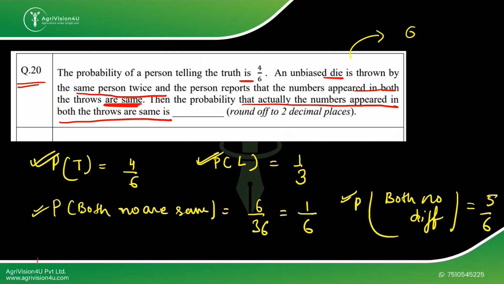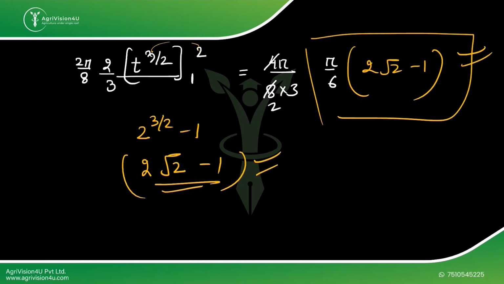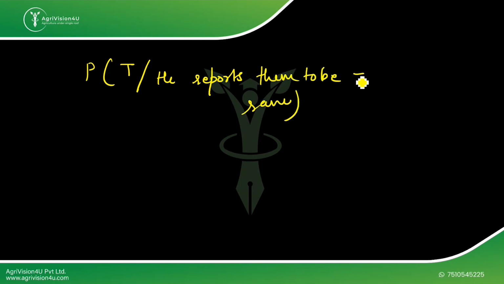So they are asking the probability that the actual number appeared in both the throws are same. Okay, so they are asking the probability that he is telling truth given that he reports them to be same. So it will be 2 by 3 into 1 by 6, or what you can do, you can write